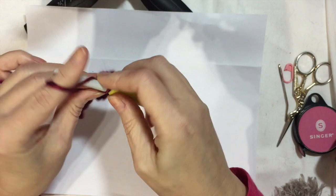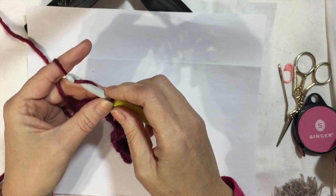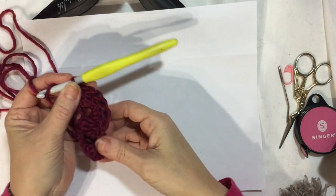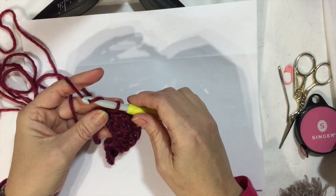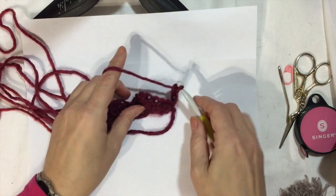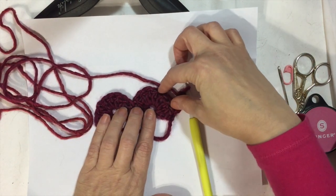After we make our single crochet for the next row, 1, 2, 3, 4. Yeah, so we're going to have a 4-row repeat. Okay. So once we finish that row, then we are going to chain 3, 1, 2, 3, and turn. And now we're going to work just a half of a Catherine wheel on this half of the fan, of